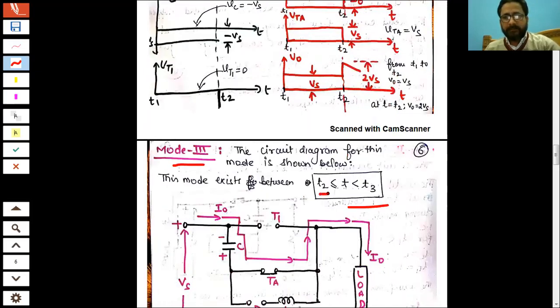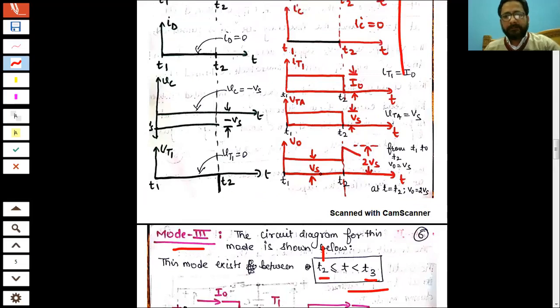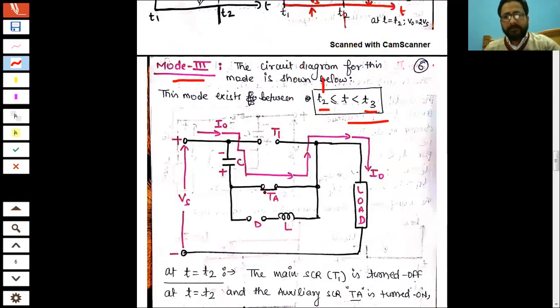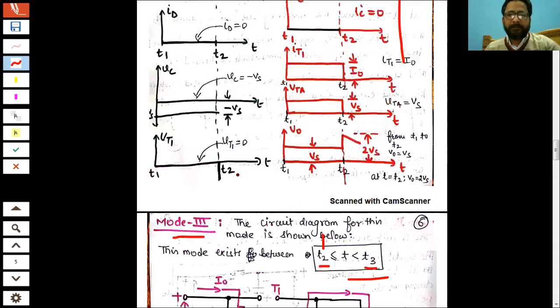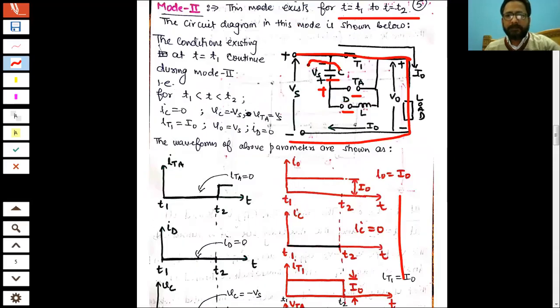Let us say we have triggered the auxiliary SCR at T3, at T3 मोड 3 पे आ गया। अब हम मोड 3 कहां से कहां तक है, T2 से T3, सॉरी, at T is equal to T2 we have triggered the auxiliary SCR। So as soon as we will trigger the auxiliary SCR, what will happen, the voltage across this capacitor, क्योंकि ये पॉइंट जो है नेगेटिव है, तो इसका मतलब मेन SCR का एनोड जो है नेगेटिव एक्सपीरियंस कर रहा है, right? So main SCR will get into the turn off condition।